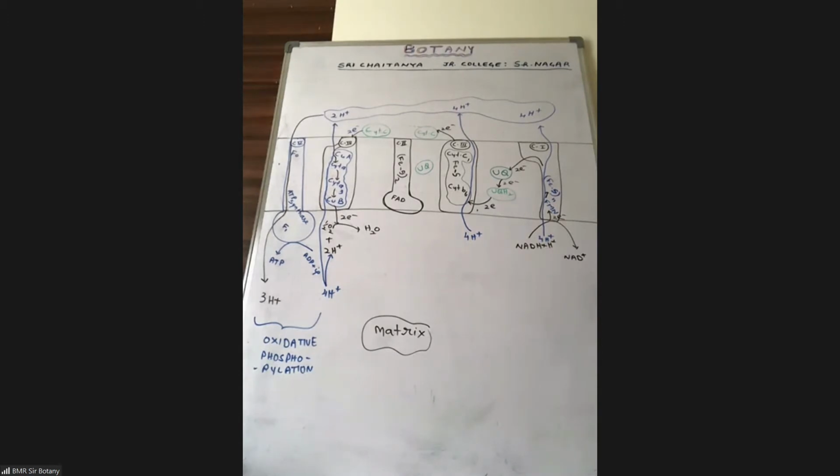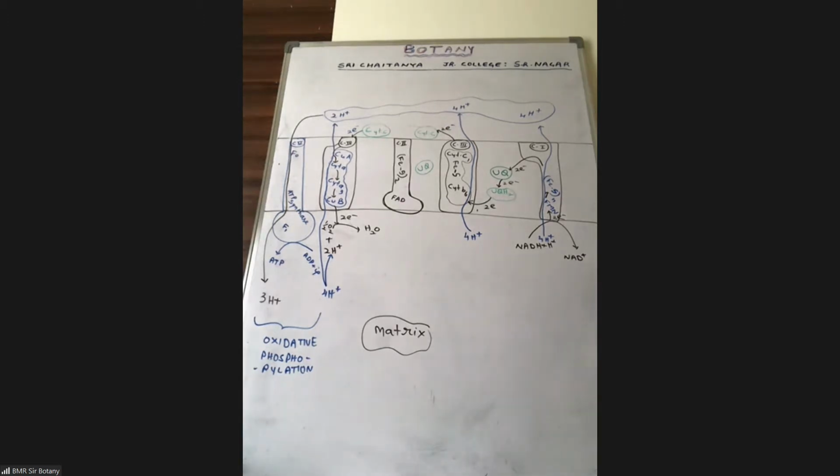See, Nana, for one NADH undergone oxidation, how many protons we have accumulated there? 10. Every 3 will form an ATP. If so, how many ATPs are you likely to get? 3 ATPs. 10th proton also will flow out, but its energy is of no use. It is not enough to form another ATP. So it is wasted, Nana. It is not that 10th is going to accumulate there up till it becomes again 3. If it accumulates that way, you can get one more for every 3 NADH. Got the idea? Yes, sir.